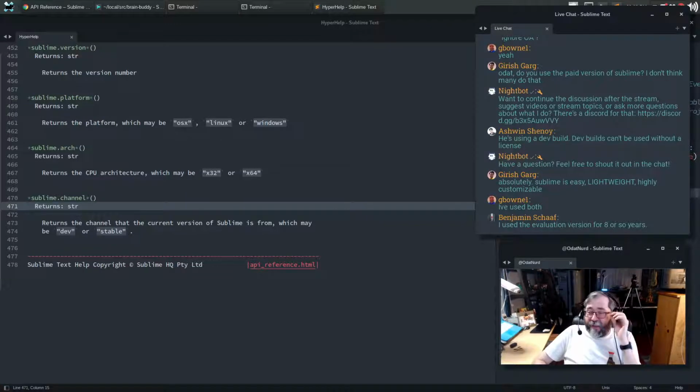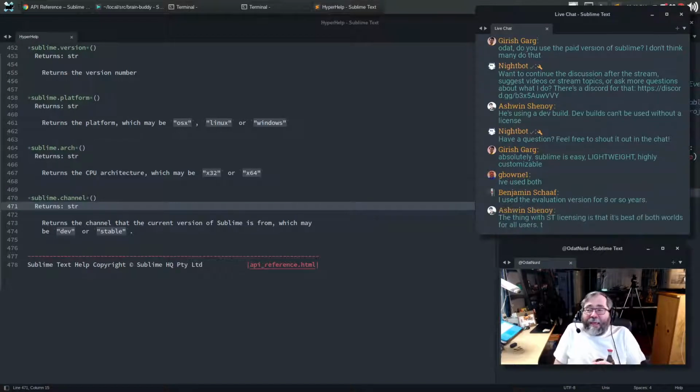Yeah, exactly. Even Ben did that, and he works for the company now. I happen to be in a situation where I had the money to purchase it, even if I didn't know that I was going to keep using it, because I was so impressed with it being small and lightweight. I've always been a fan of the configuration system.